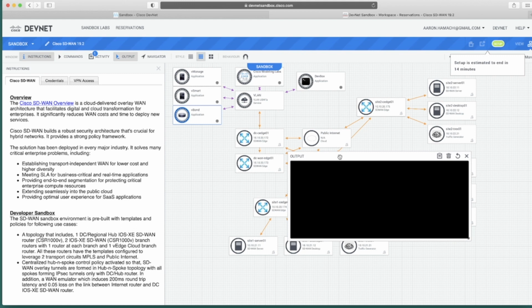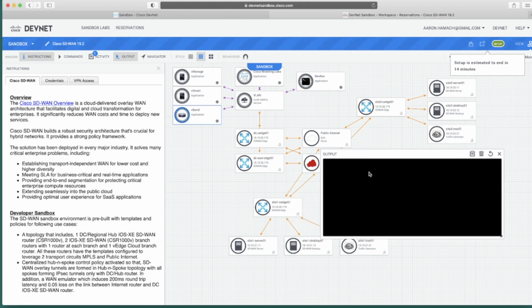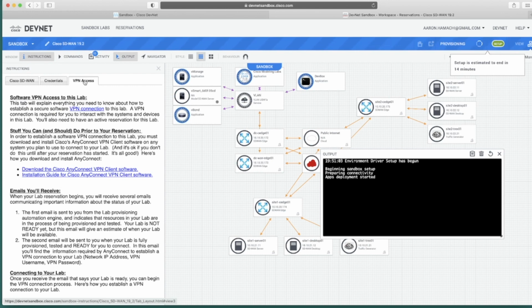Check this out. Open up this here for output. Just go ahead and have this off to the side or something like that, because this output here is going to contain your VPN access. Your VPN access is going to have the gateway, which VPN endpoint, what port number, and your username and passwords. Okay, so if you don't have this already, come out here to VPN access. Go ahead and download the Cisco AnyConnect VPN client software, or you can use the OpenConnect GUI, I believe, and